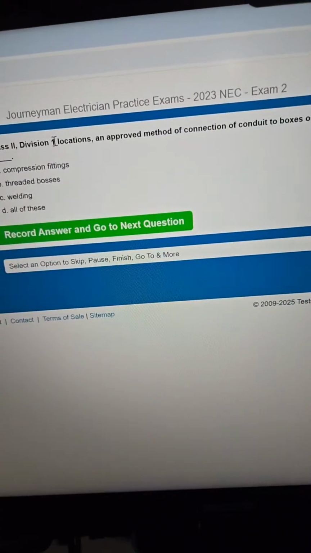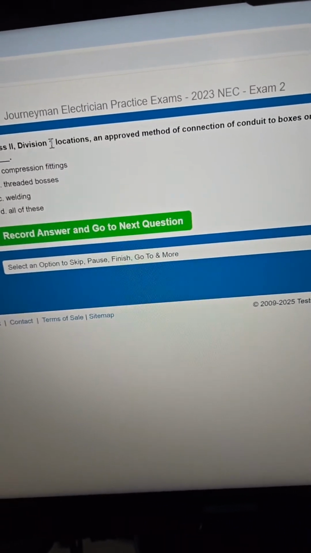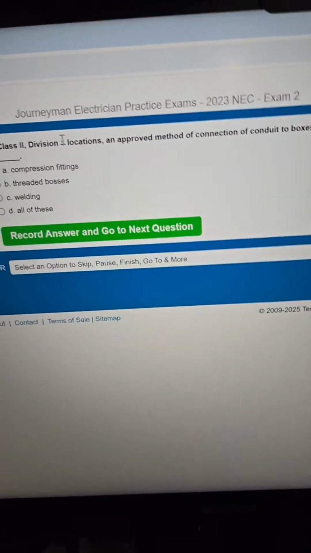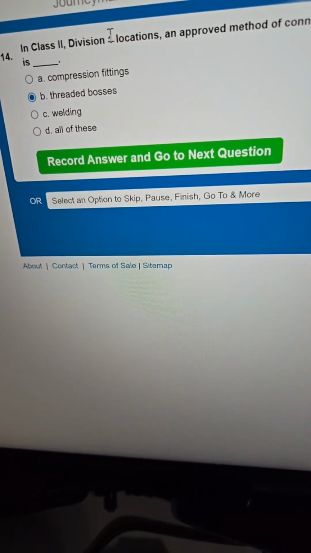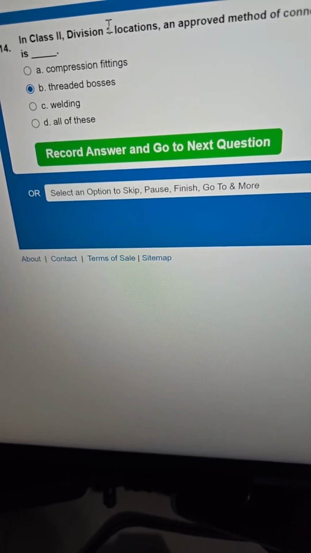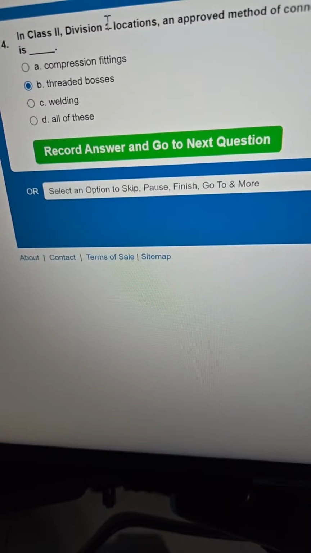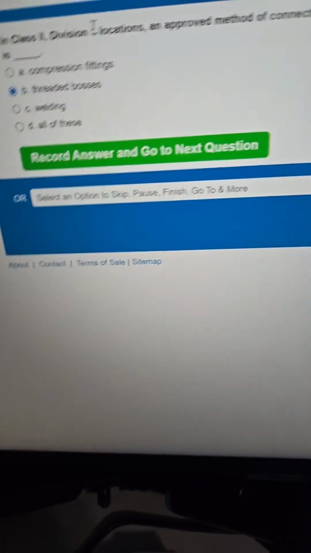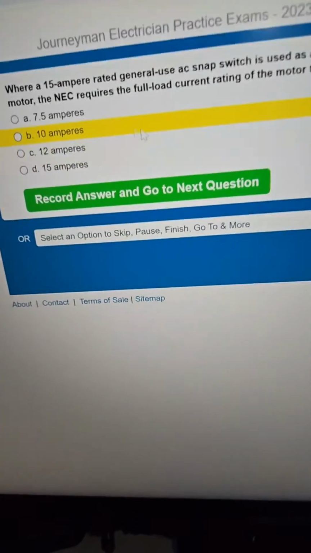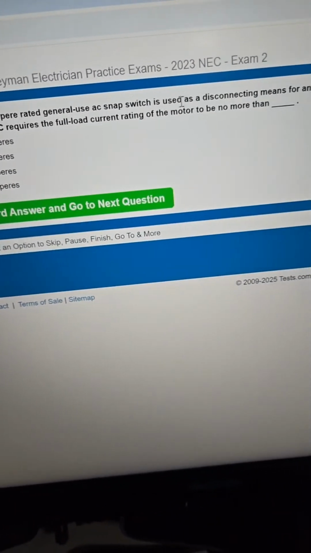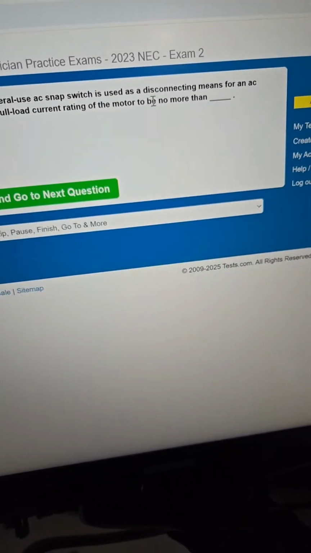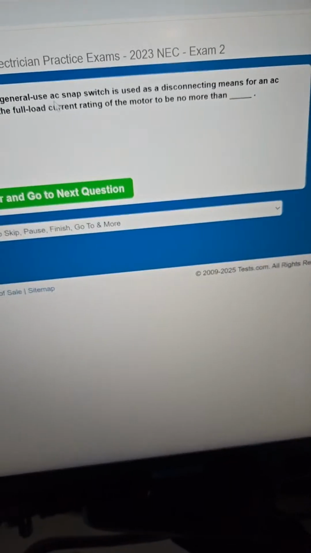Class 2, Division 1. Class 1, Division 2. I think it's just threaded. It's threaded. 15 amp rated general AC disconnecting means for an AC motor. The full load of the motor is not more than,